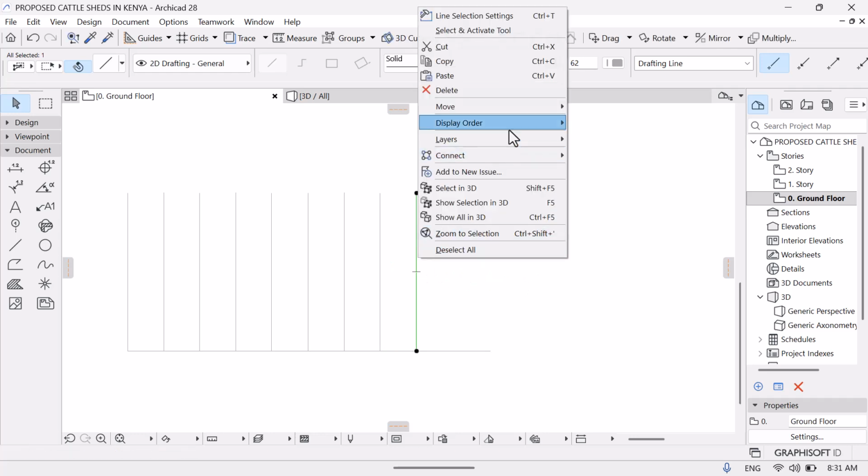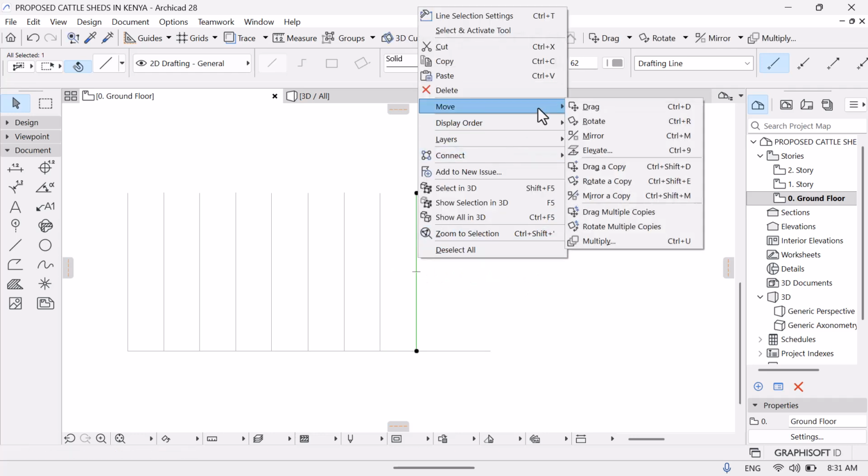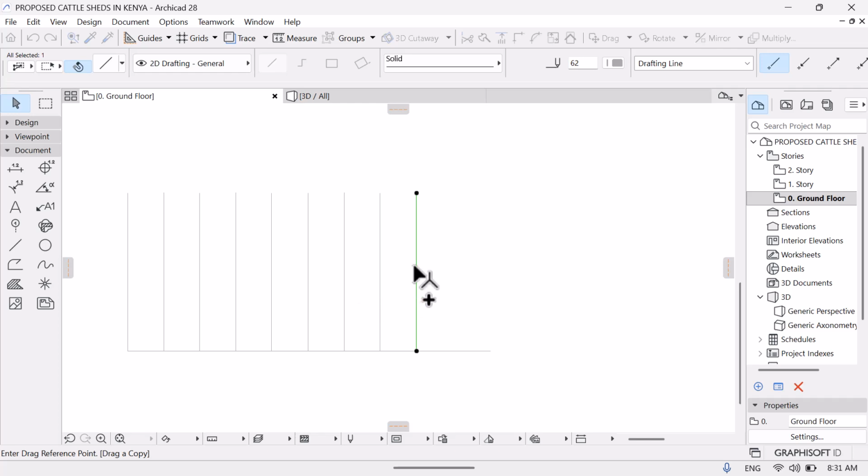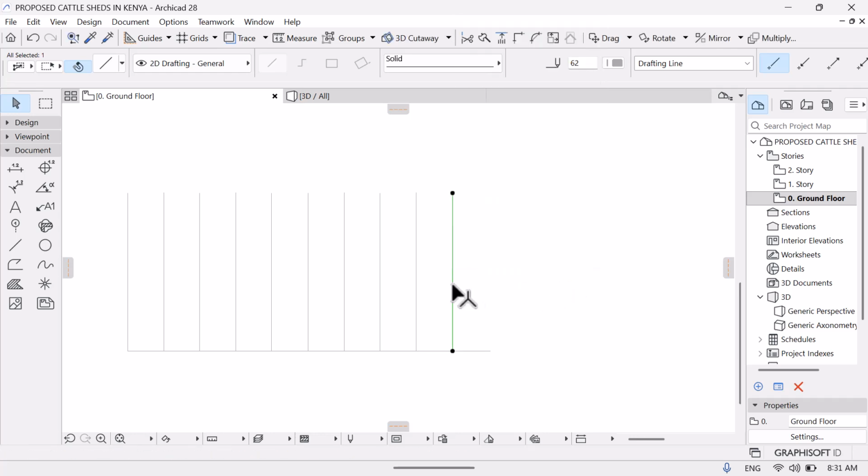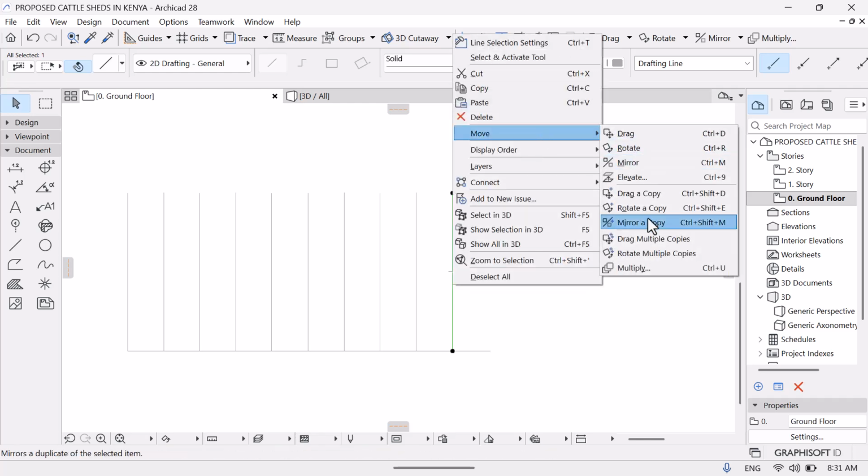Right click, move. There are various ways of doing it. You can always drag multiple copies. You can always use your keyboard: press Control Shift and D. It will have the same impact. Since this is our last one, move, drag a copy,